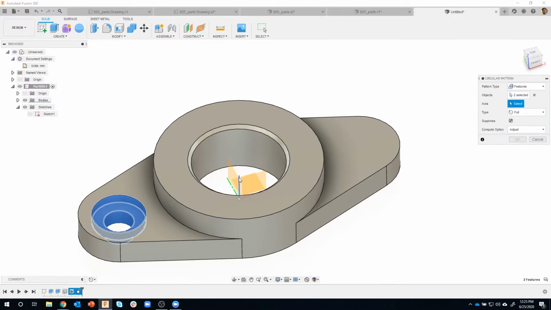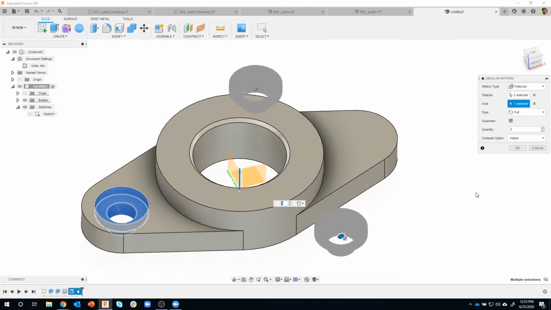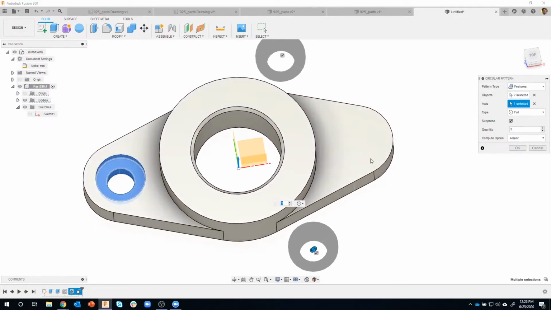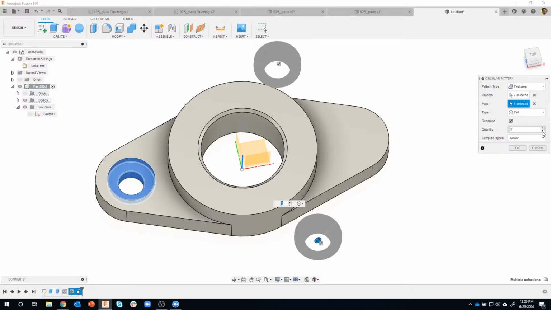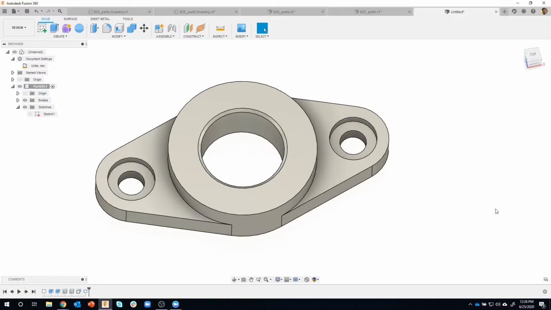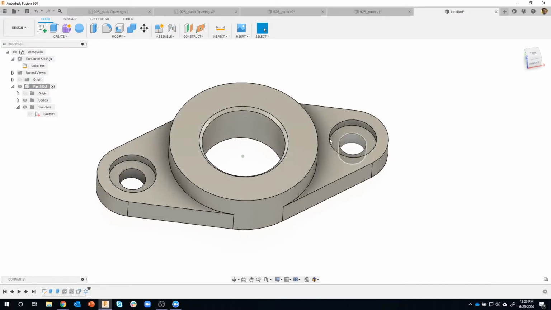I'm going to go ahead and select the axis right there. And you'll notice it gives me a preview, which doesn't make a lot of sense. But watch what happens when I go from 3 to 2. So it's still doing a circular pattern. In fact, you can kind of see that light arc right there. But we're only doing 2 of them. I'll say OK, and I now have